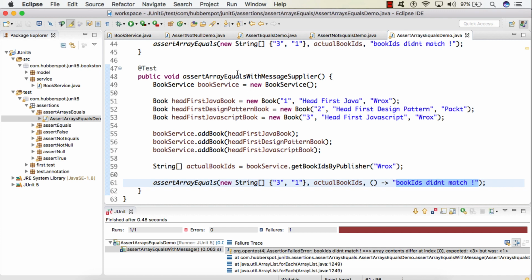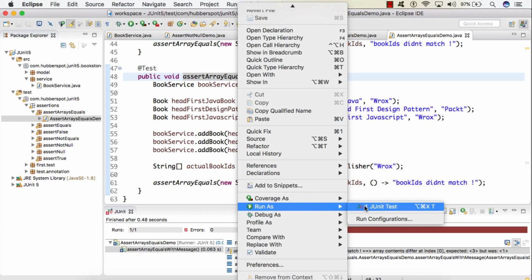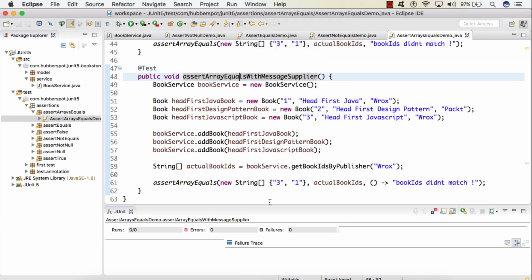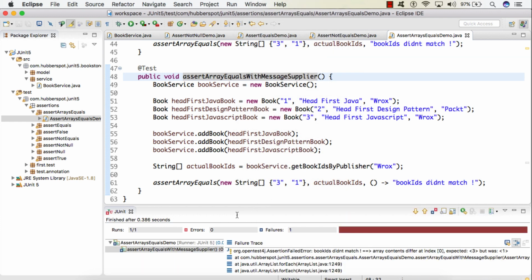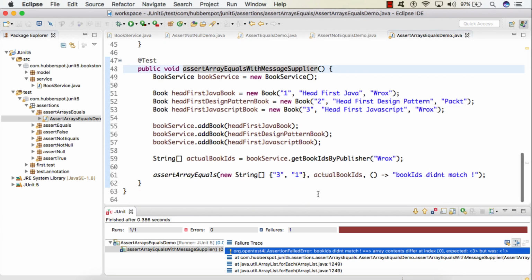So if I run the test case now, you can see the test case failed with an assertion failed error, and the rest of the output is the same as what we saw in our second test case.